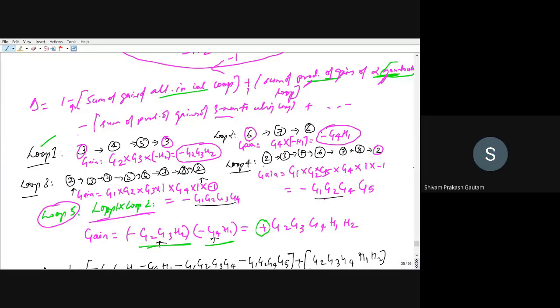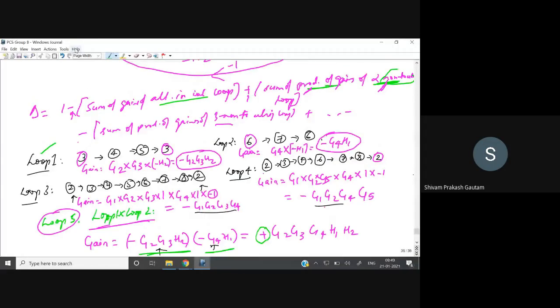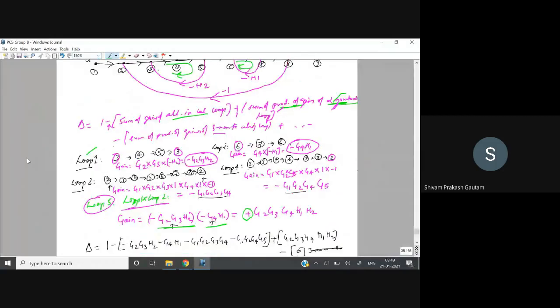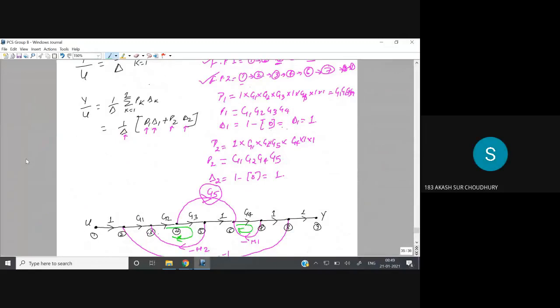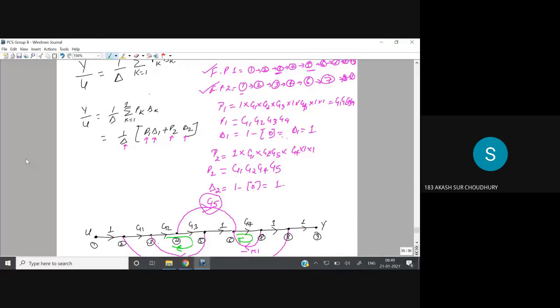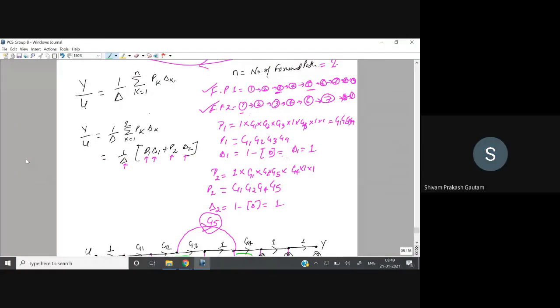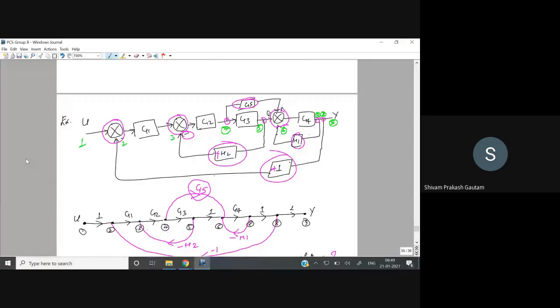Sir, can you scroll up? Yes. Just wait. Okay, sir, up to this. Sir, why from node 8 to 2 is there -1? From node 8 to 2. You can see here, this is our block diagram. This is our node 8, and we are having +1 going to the negative terminal. Okay, sir. So plus into minus will be minus. So that is why it is minus here. Okay, sir.